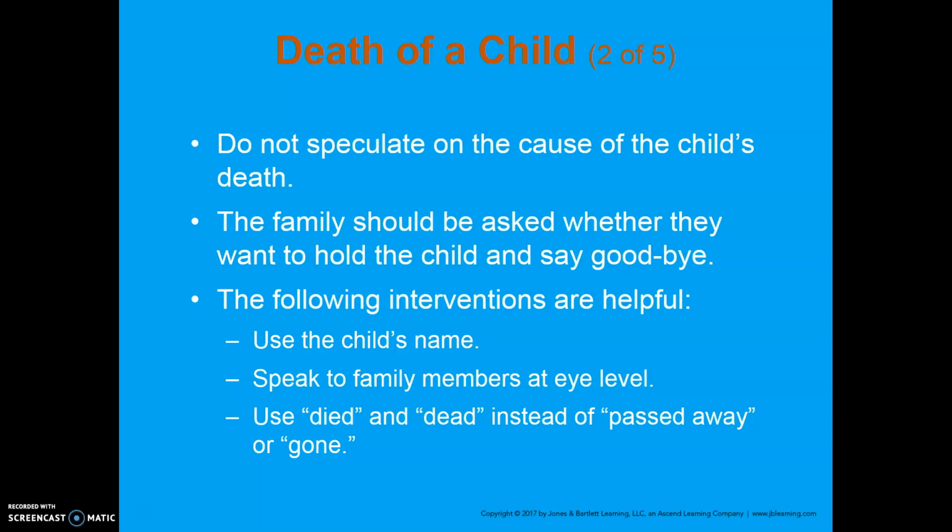Learn and use the child's name rather than the impersonal "your child." Speak to the family members at eye level and maintain good eye contact with them. Use the word dead or died when informing the family of the child's death. Euphemisms such as "passed away" or "gone" are ineffective. Acknowledge the family's feelings. "I know this is devastating for you," but never say "I know how you feel." Even if you've experienced a similar event, the statement will anger many people. Offer to call other family members or clergy if the family wishes. Keep any instructions short, simple, and basic. Emotional distress may limit their ability to process information.